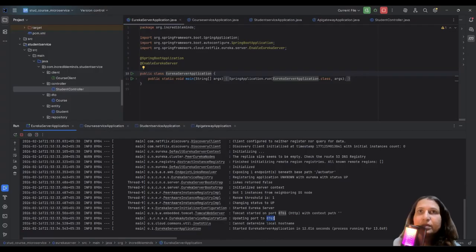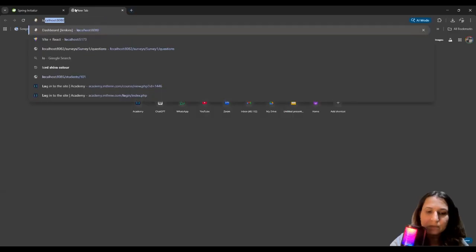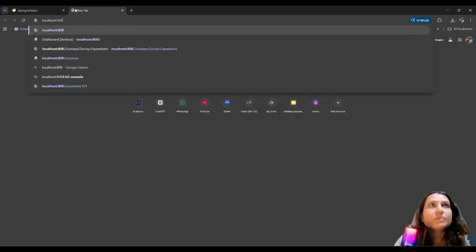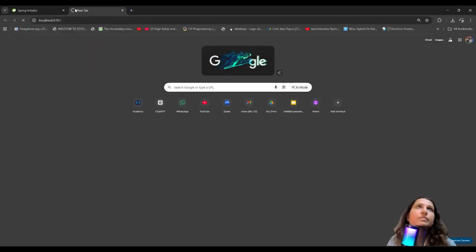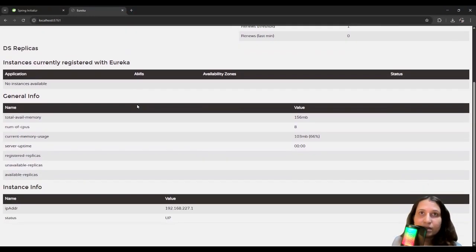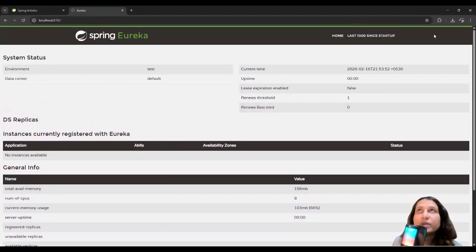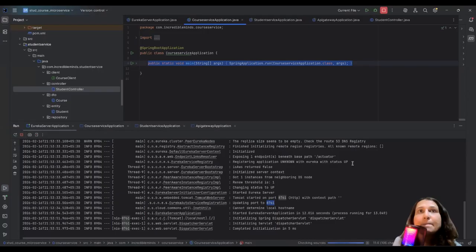So here, you notice that currently when it is running, you will have all your dependencies getting added as the other servers connect. You have just run the Eureka server. So this is what is the available info. Now, if I run course service,